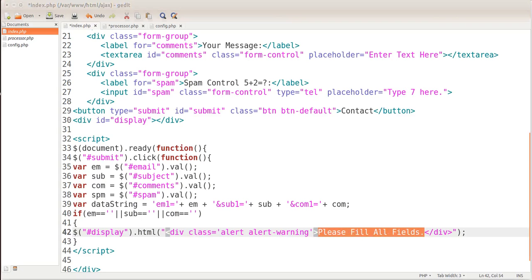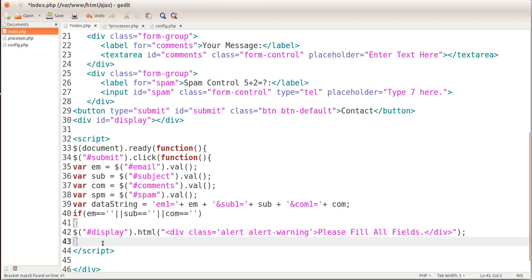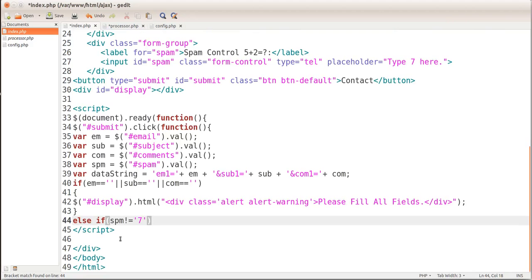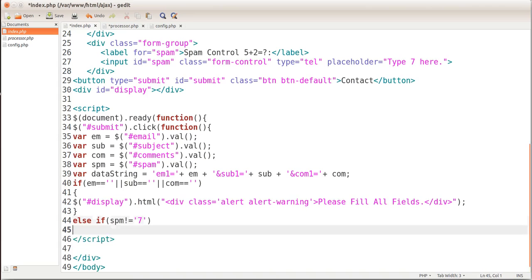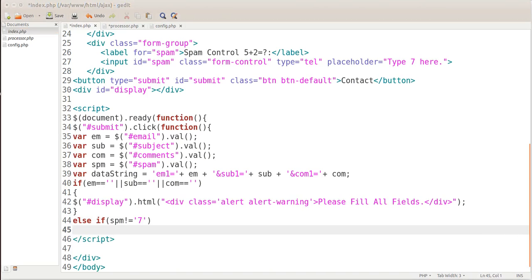The next thing that we're going to do, we're going to use an else if statement in JavaScript or AJAX, and if SPM, notice that's where the var SPM is, if it's not equal or not set to 7, then we have to do something, because that's the only number it can be. 5 plus 2 is no other number, correct? At least I think so. All right, so let's go ahead, else if